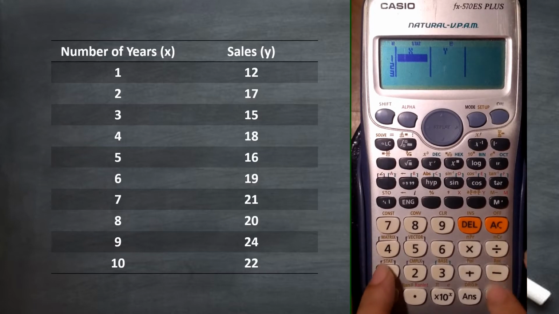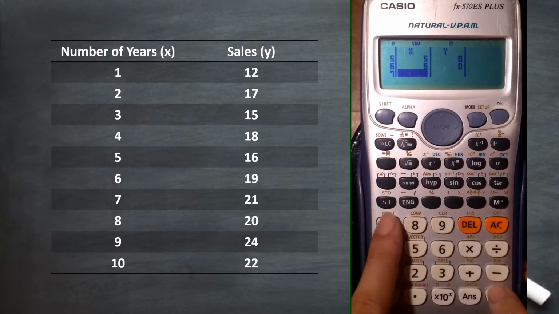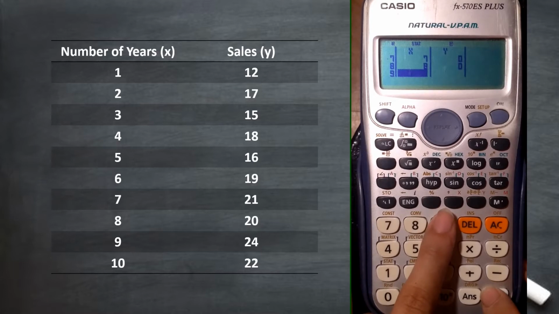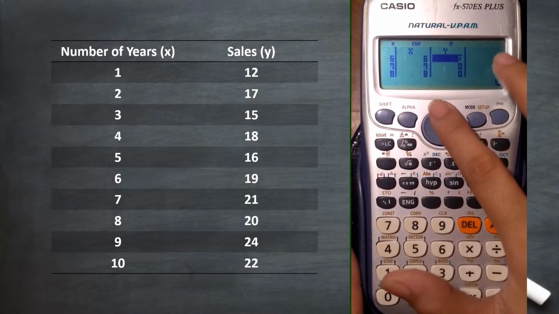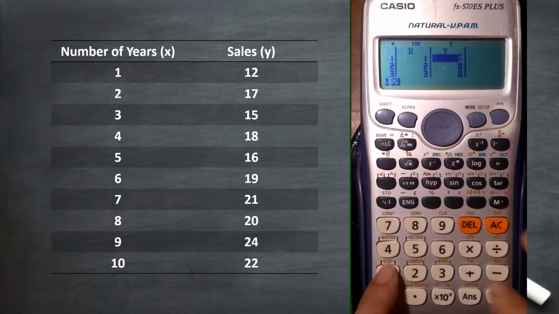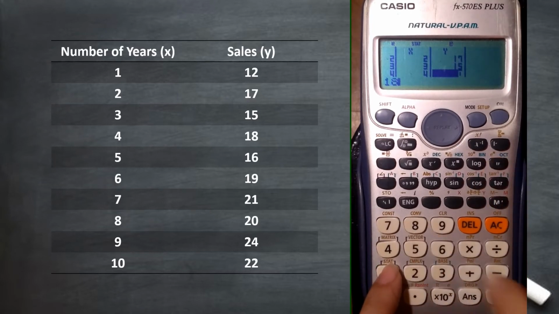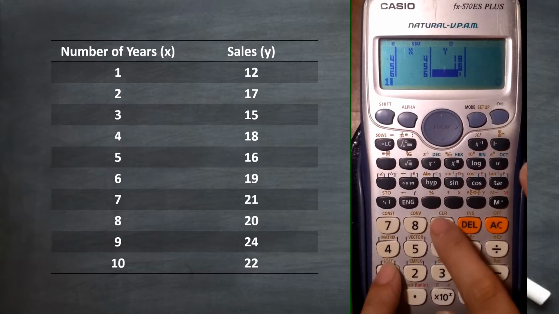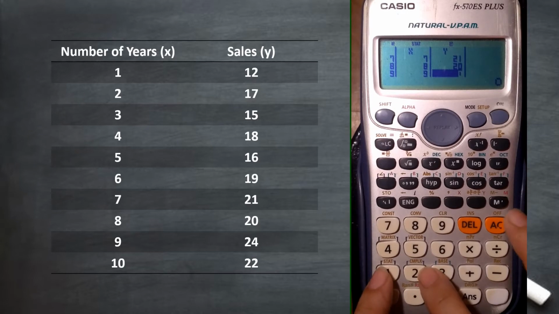This is the shortcut method po. 1 equal sign, 2 equal sign, 3 equal sign, 4 equal sign, 5 equal sign, 6 equal sign, 7 equal sign, 8 equal sign, 9 equal sign, 10 equal sign. Next, Y naman. Just move the cursors, tapos input the values: 12 equal sign, 17 equal sign, 15 equal sign, 18 equal sign, 16 equal sign, 19 equal sign, 21 equal sign, 20 equal sign, 24 equal sign, 22 equal